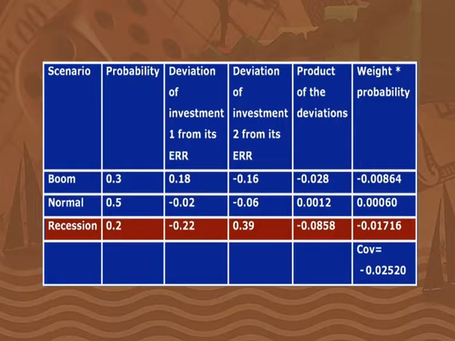Weight multiplied by the probability is minus 0.01716. Hence, the summated weights will bring a covariance of minus 0.02520. Since the calculations produce a negative covariance, there is a tendency for the returns on the portfolio to co-vary